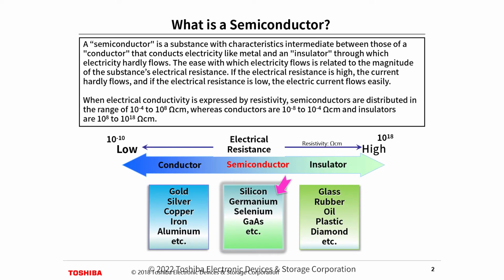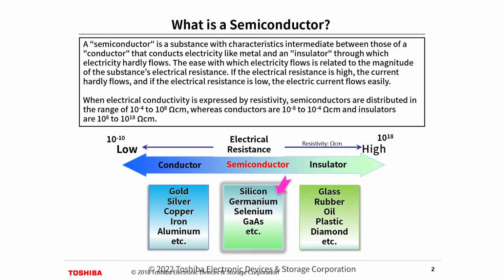What is a semiconductor? A semiconductor is a substance with characteristics intermediate between those of a conductor that conducts electricity like metal and an insulator, through which electricity hardly flows. The ease with which electricity flows is related to the magnitude of the substance's electrical resistance. If the electrical resistance is high, the current hardly flows, and if the electrical resistance is low, the electric current